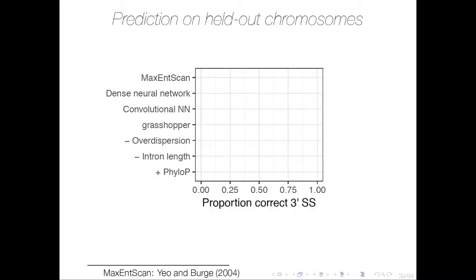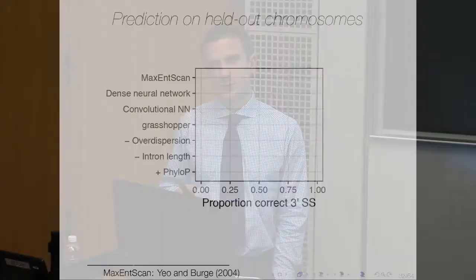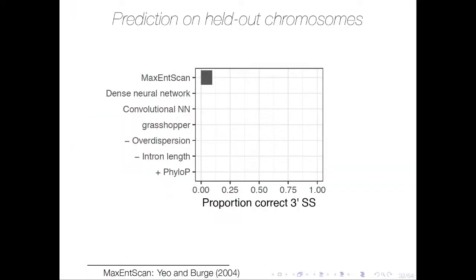There are obviously other metrics you could think of, which would better account for positions where you actually do see alternative splice site usage. But this is appealing in its simplicity. So bear in mind that when looking 100 kb downstream of a 5' splice site, there'll be typically around 3,000 AGs. So if you guess at random, the proportion of the time you'll get the right answer is around 1/3,000. So the fact that this work from Chris Burge's group at MIT from 2004 gets the right answer about 10% of the time is actually pretty impressive.